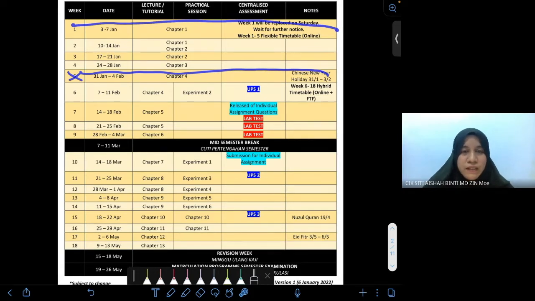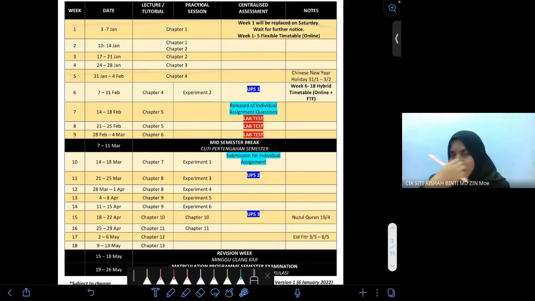So memang lepas ni memang rasa macam every week new chapter lah. Okay, yang ini, kalau kamu tengok pula based on practical session, experiment started from week 6. But week 6 ni rasanya kita akan ada start face to face lah. Okay, nanti week 6 and 18 tu the hybrid sebab ada certain hour will be online, certain hour kita akan